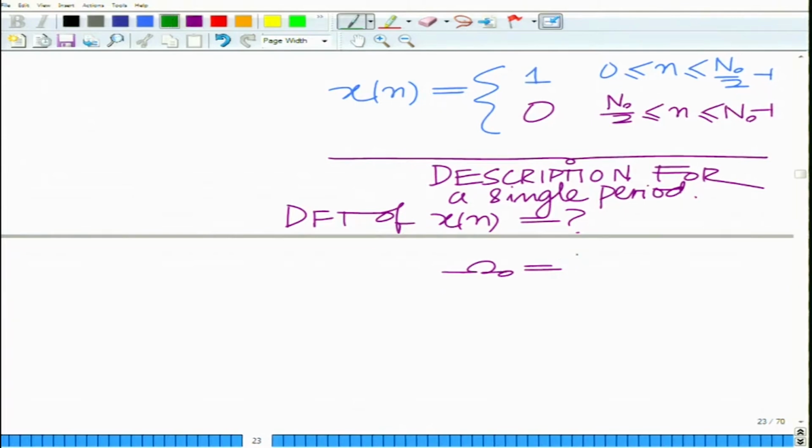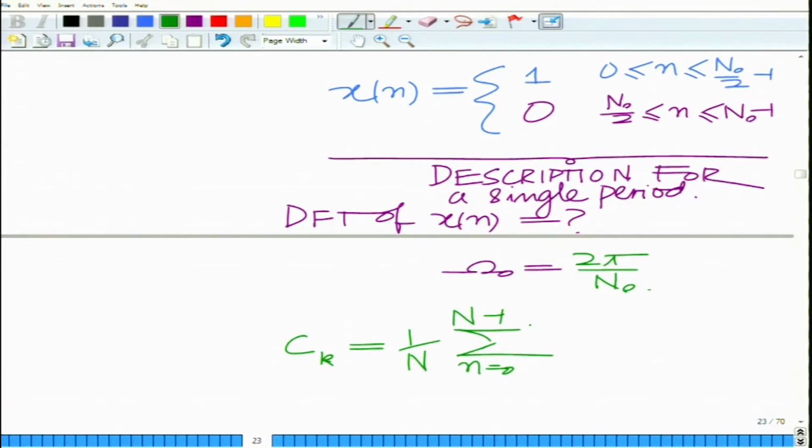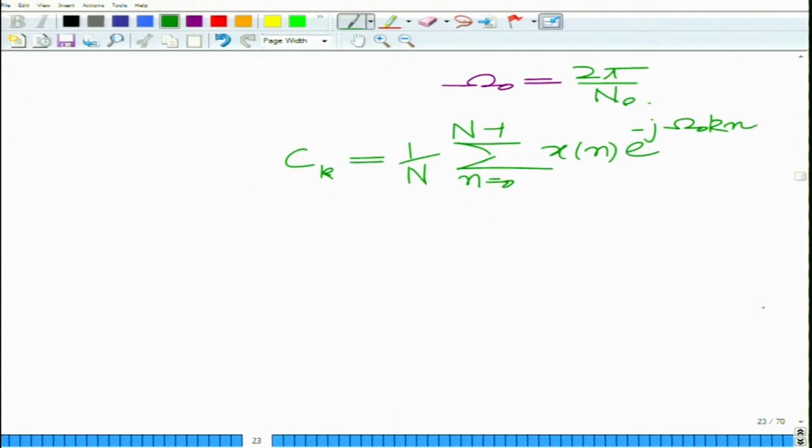So, the fundamental frequency omega naught can be defined as 2 pi by N naught, and the DFS coefficient is C k equals 1 over N, summation n equal to 0 to capital N minus 1, x[n] e raised to minus j omega naught k n, equals